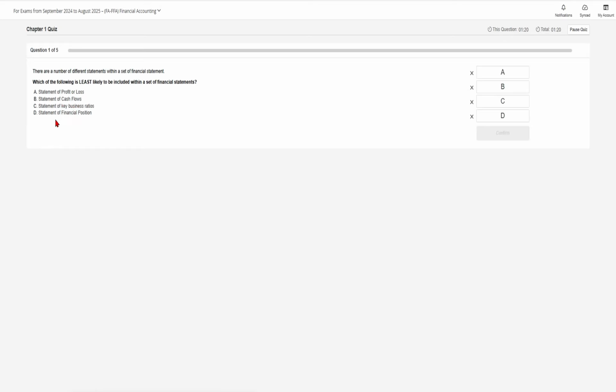And the last one is the statement of financial position. Yes, I mentioned the statement of financial position as well. So basically, the third one is used by large businesses, but not all. So it's least likely; depending on the situation it may be included, but it's not compulsory. So we will go with option C, confirmed. Then next we have question number 2, and it says